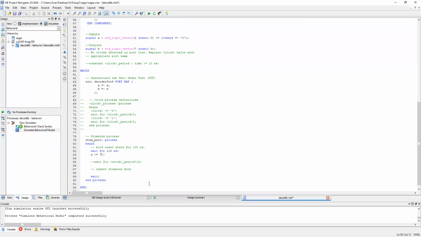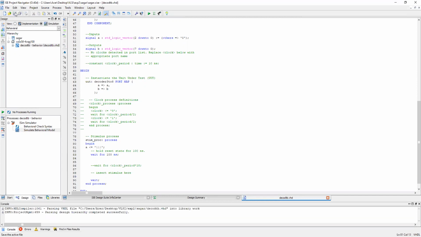Which input should we select now? 111. Okay. Same process. Save.